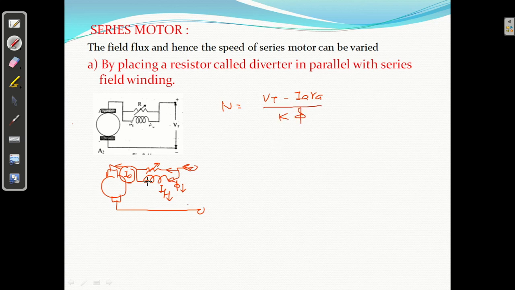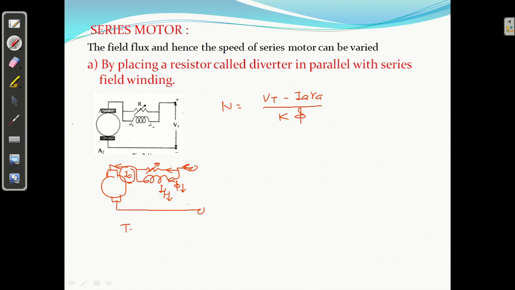So when you divert the field current, the supply voltage is fixed. You are inserting a resistance, right? You are not increasing the load. Resistance is not a load. For a motor, what is the load? Mechanical load, right? So the mechanical load is the same, so the torque will be the same.